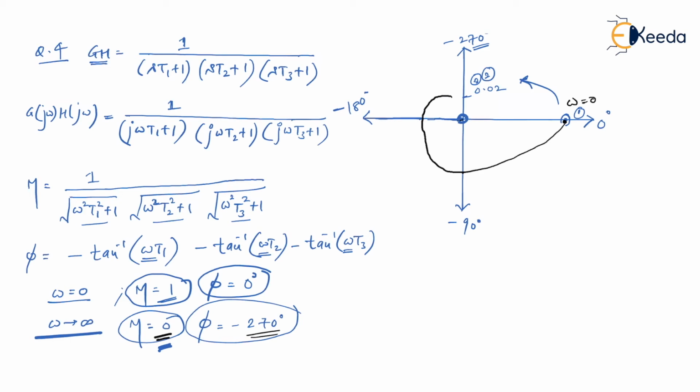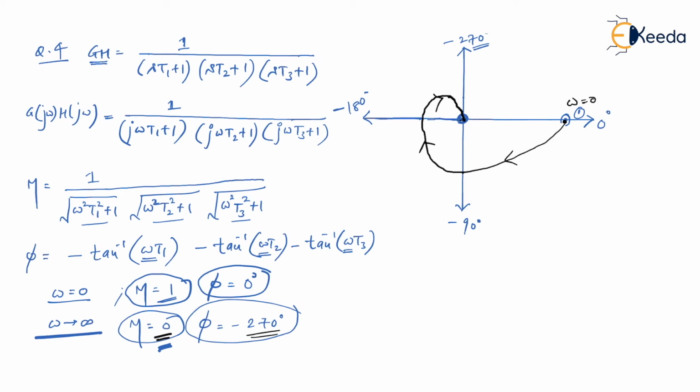See, I'm moving towards 0.02. Please don't join 0.02, because it is just for our reference. Here only you have to come. So as you can see, we have got this kind of polar plot. I'm sure you have understood this. Okay, so let me rough out the unnecessary things here.